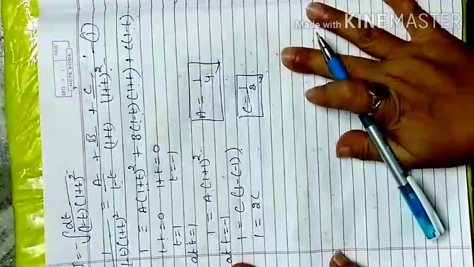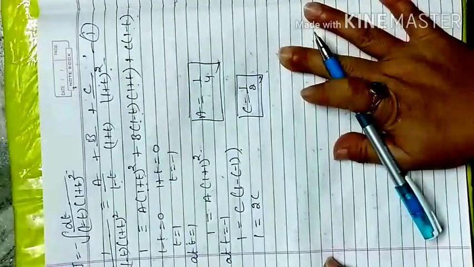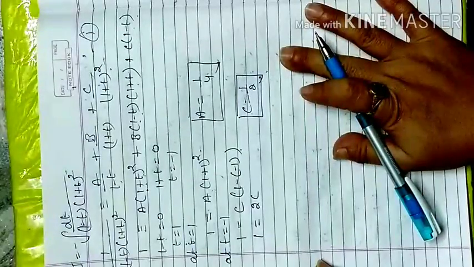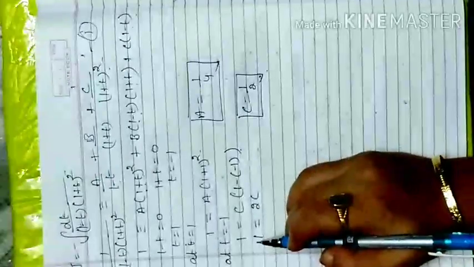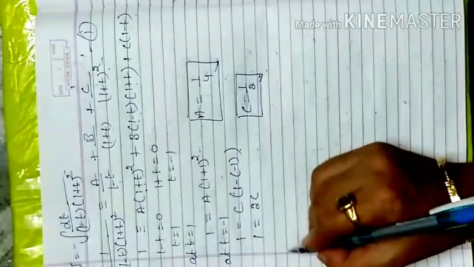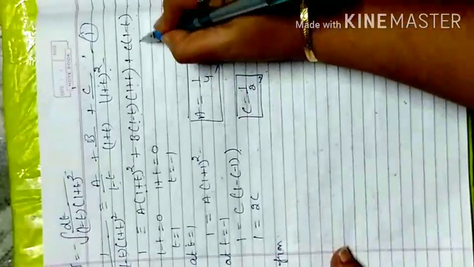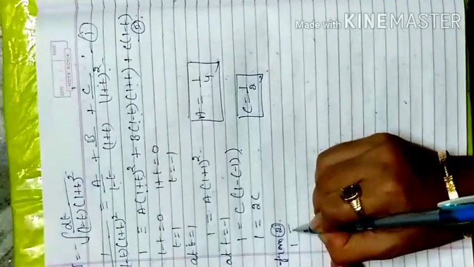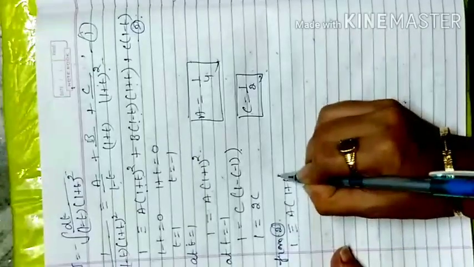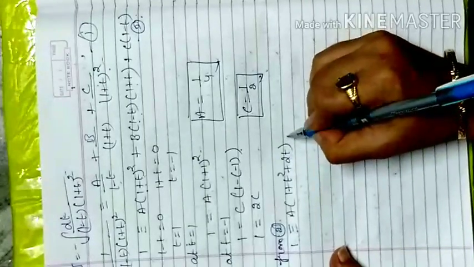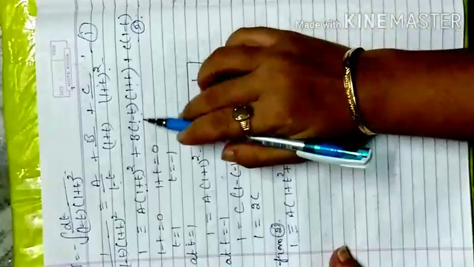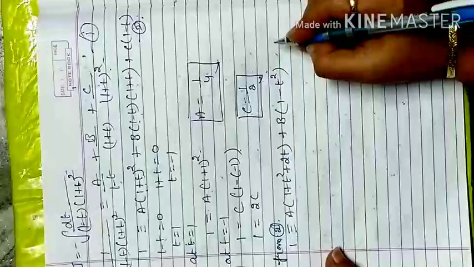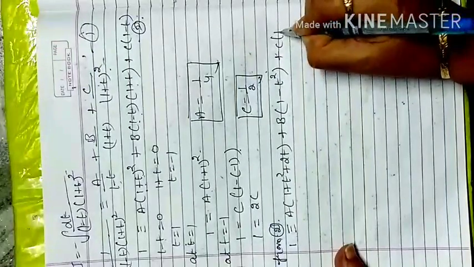So only the B value is left and I have no linear factor further. If I have no linear factor further, I have to go with the higher power of the variable. So in that case I have to open that one to identify the higher power. This is my equation 2. I just expand this equation. 1 is equivalent to A times 1 plus t square plus 2t, applying the a plus b whole square formula. Here when you multiply a plus b and a minus b, you can directly write 1 minus t square, because a square minus b square, and C times 1 minus t.